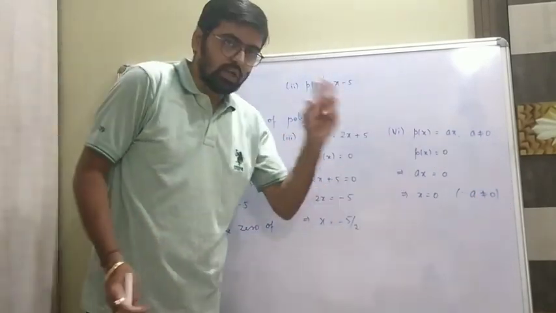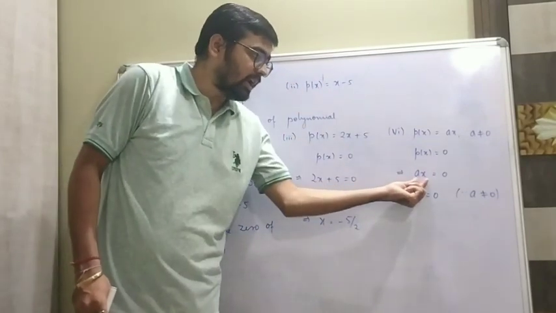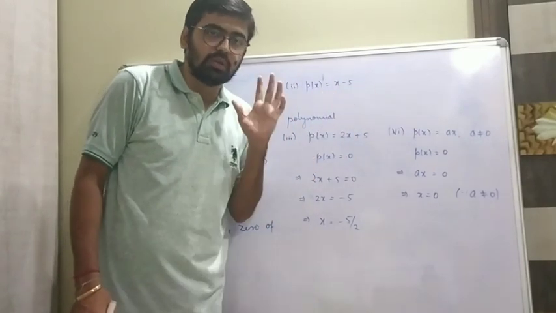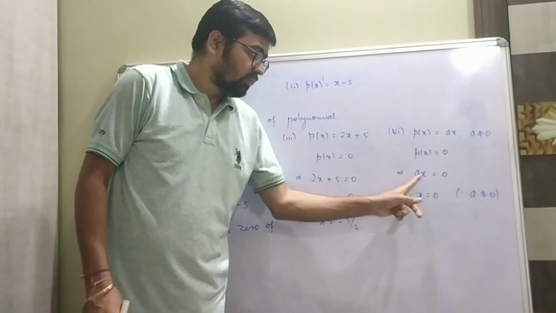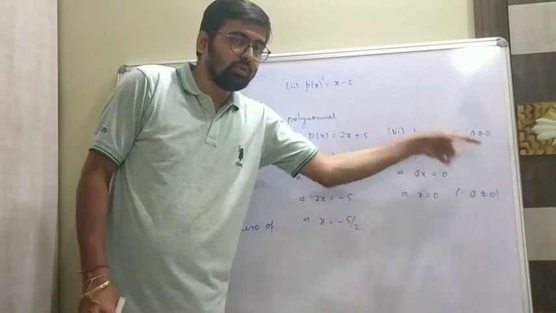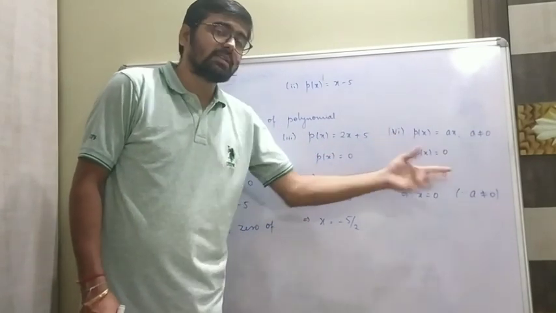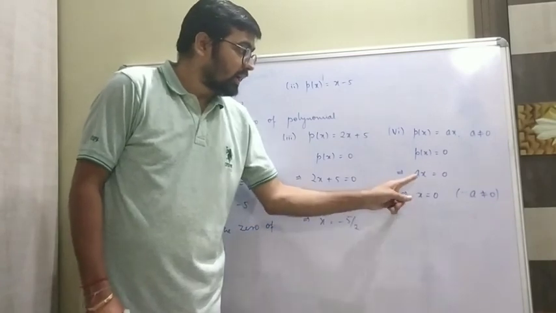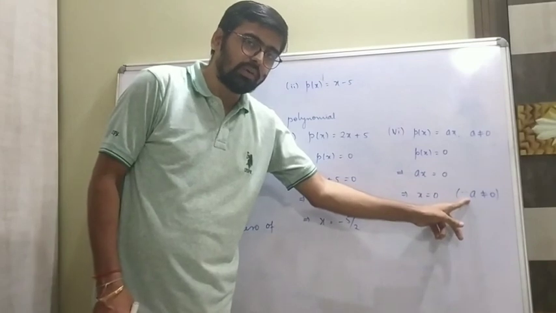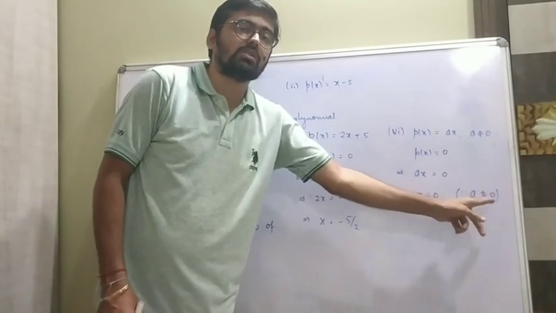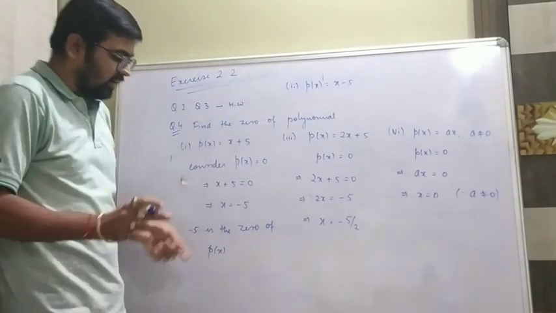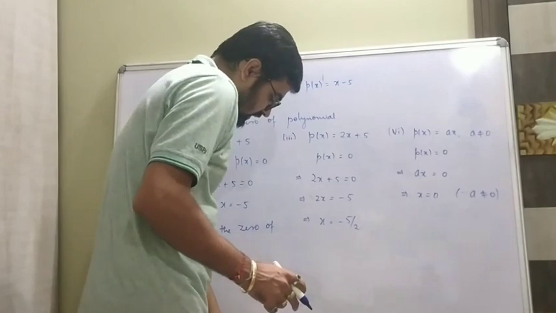Are you getting it? See, if I have two numbers or two elements, and their product is 0, it means either one of them should be 0 or both of them should be 0. Either one of them or both of them. But already we know that a is not going to be 0, because the question already told us. That means x can be 0 only. Are you getting my point? That's how we can say x is equal to 0. So I got this, and the reason I have also written over here, that because a is not 0, that is why my x is 0. Are you clear? Okay.